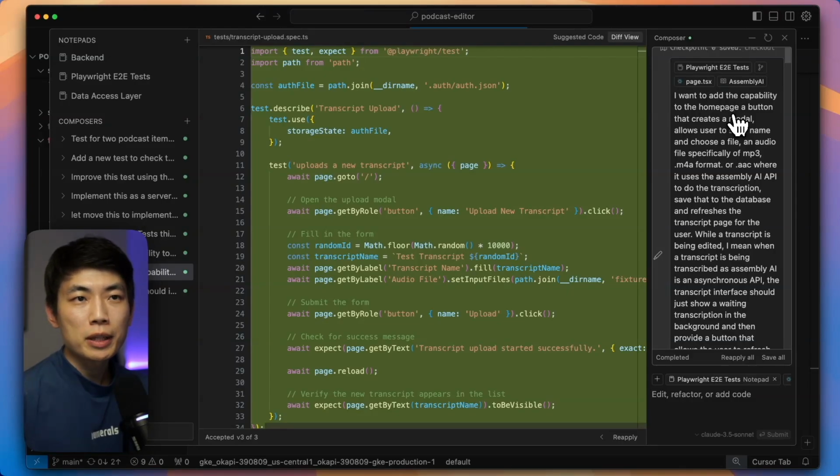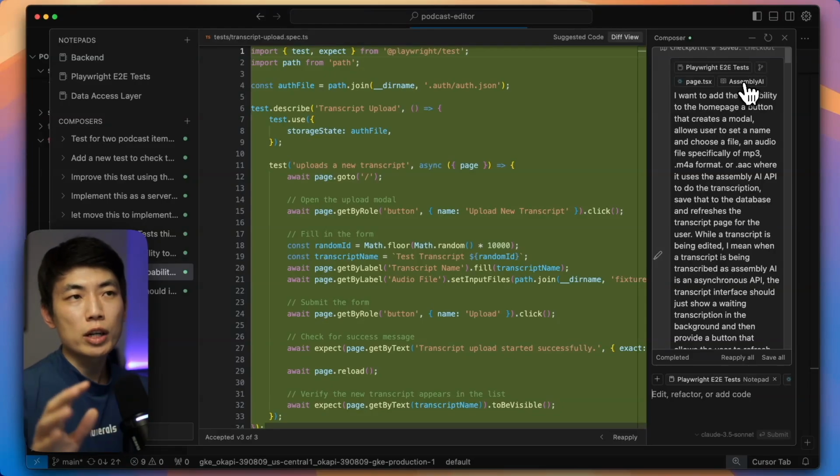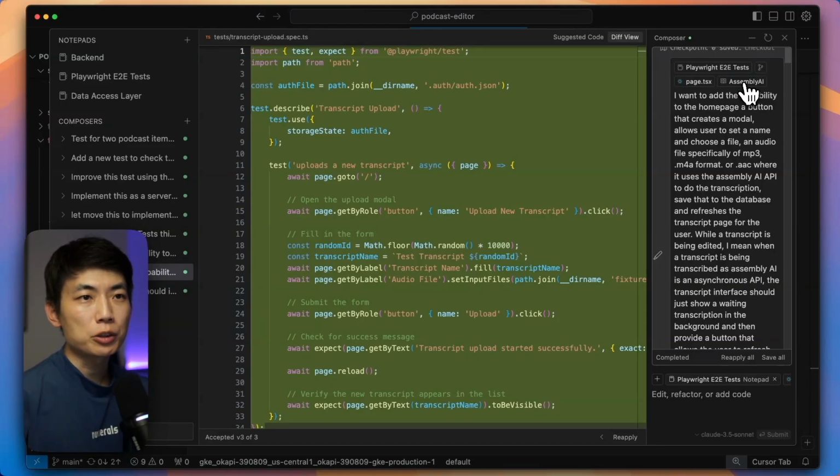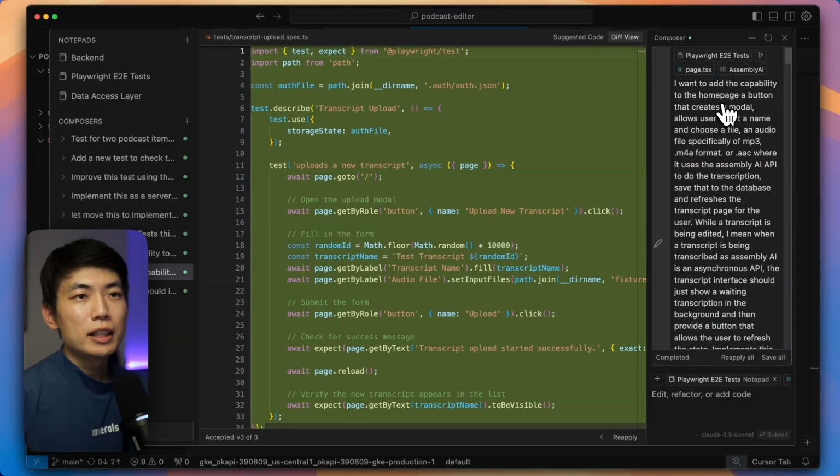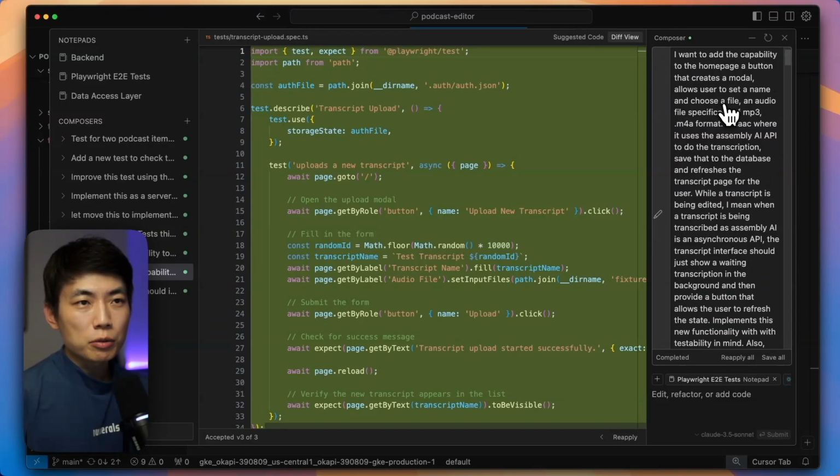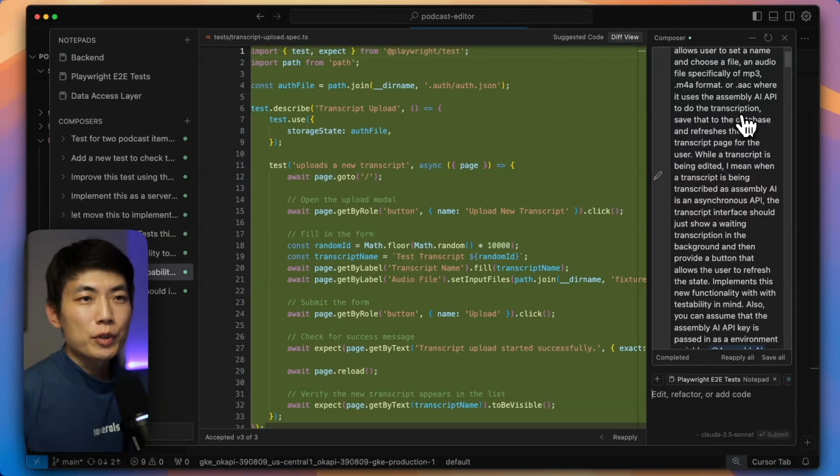For the transcription API, I've used Assembly AI, which is an awesome transcription service that works really well compared to all of the other ones I've used. Definitely recommend a try. Here we specify on the homepage, it needs to create a modal and it needs to upload the file, allow us to set the name, use the Assembly AI API to do the transcription, add it